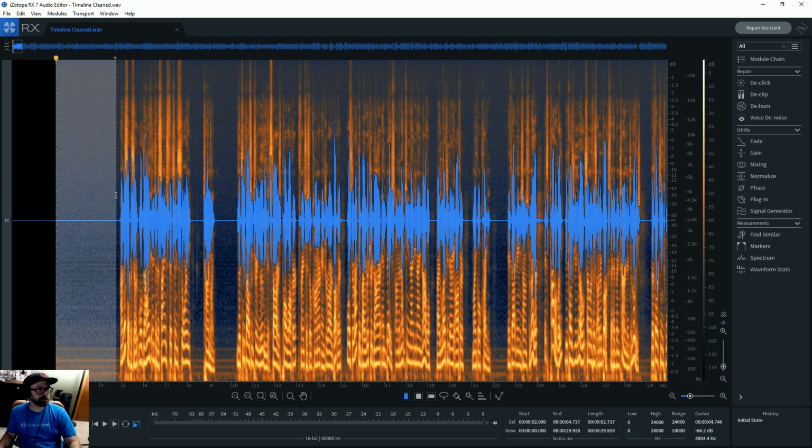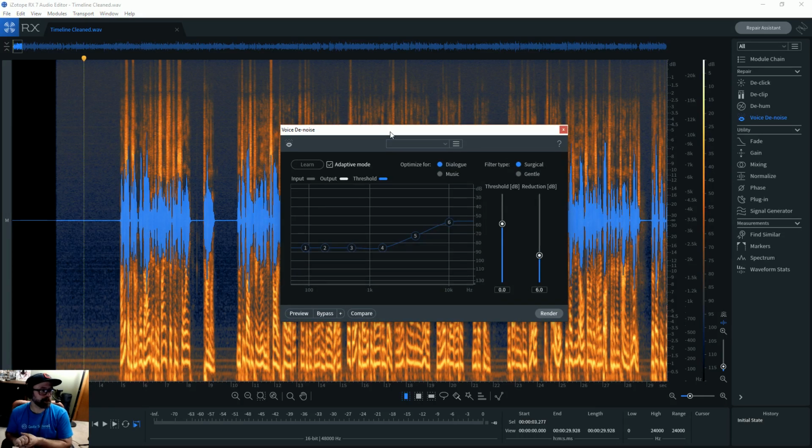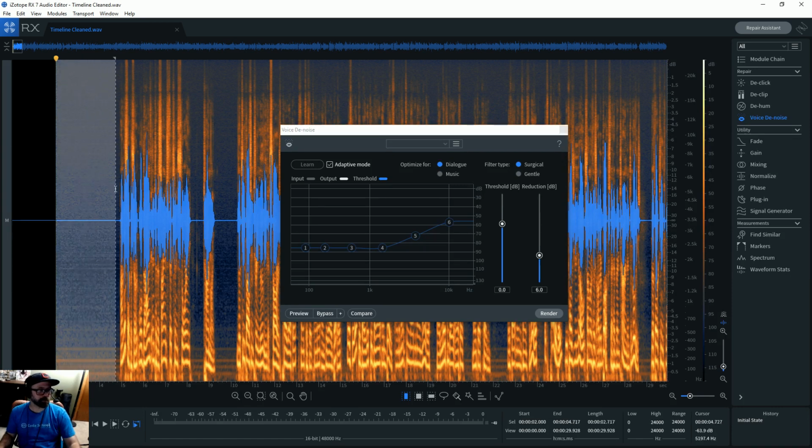Essentially what we're getting rid of is that. But one thing that's great about Isotope is we can learn what this is here and then apply that across the entire thing, or the adaptive mode is usually pretty good.